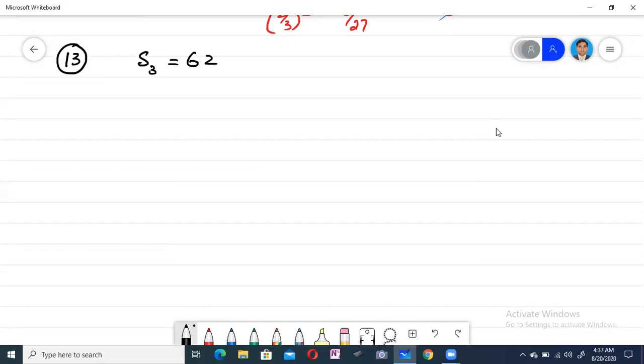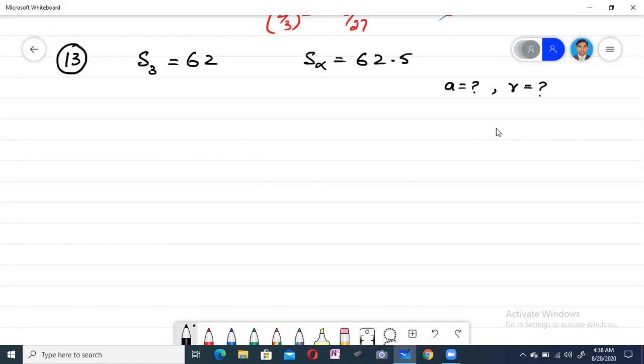And the sum to infinity is 62.5. Sum to infinity means S infinity, that is 62.5. Find the value of A and R. What we required here is A and R. This is the required thing. As S3 is given here,